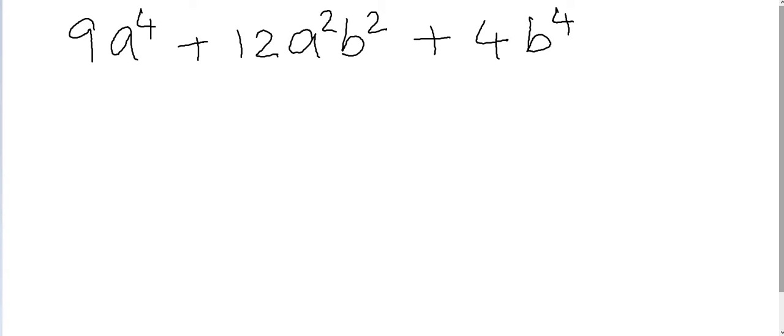Okay, so if you look at 9a to the power 4, that term is a square, which is (3a square) whole square, right? So that's 3 square, which is 9, a square, which is a4, so 9a to the power